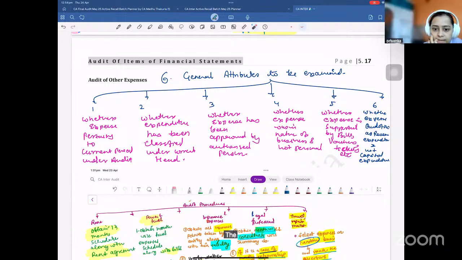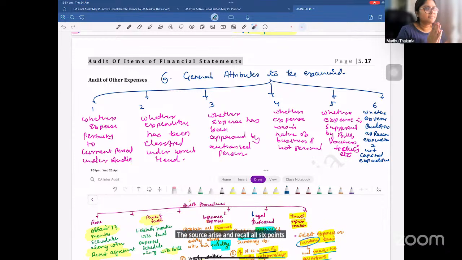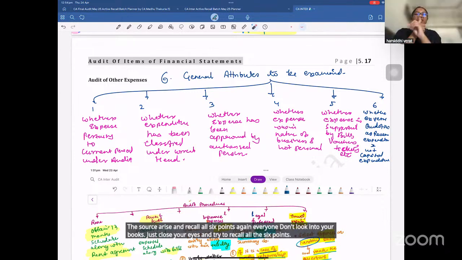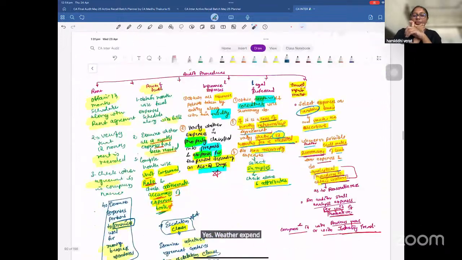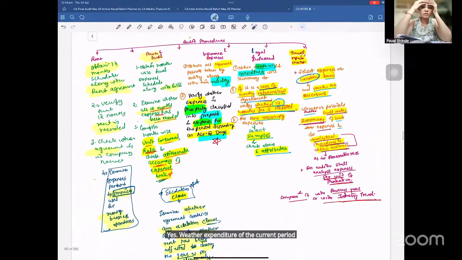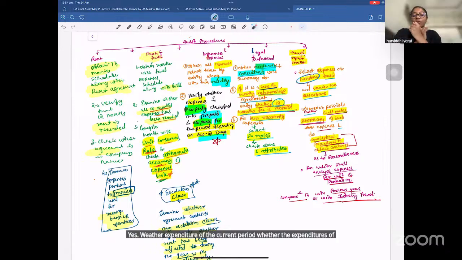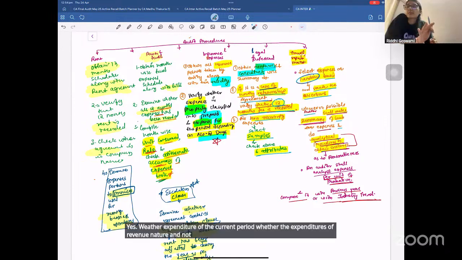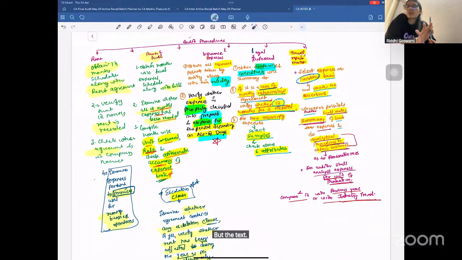Just close your eyes and recall all 6 points again, everyone. Don't look into your books, just close your eyes and try to recall all the 6 points. Whether the expenses pertain to the current period, whether the expenditure is of revenue nature and not capital. Whether the expenditure is not